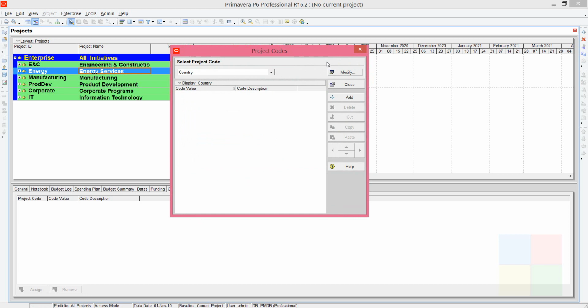What you added will appear here in this drop down. Can you see that? Country is here. So click on it. Now you need to add three values: India, America, and England. Just add them here, 1, 2, 3. In the code value, you can type some ID or something like that.